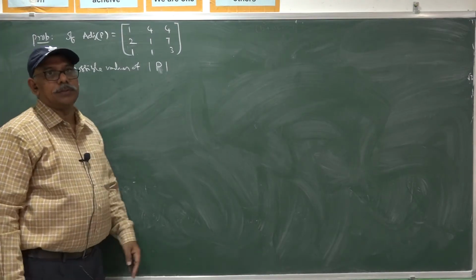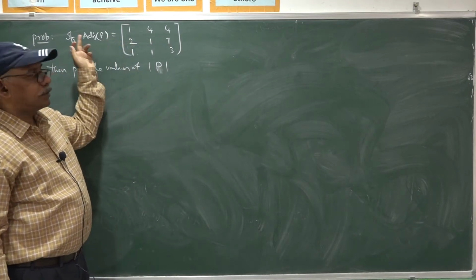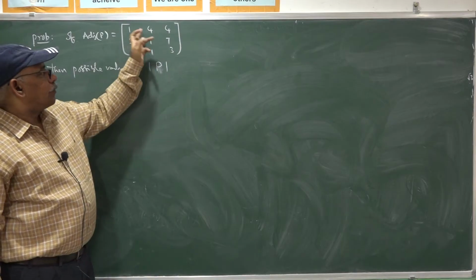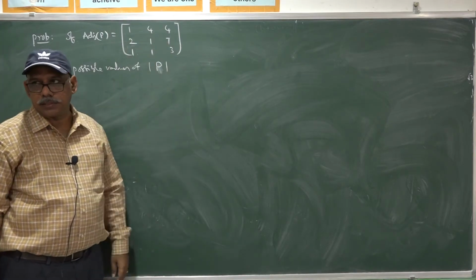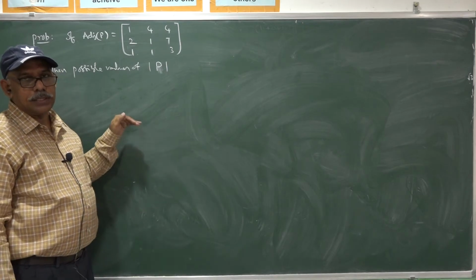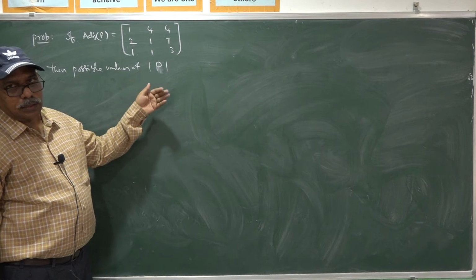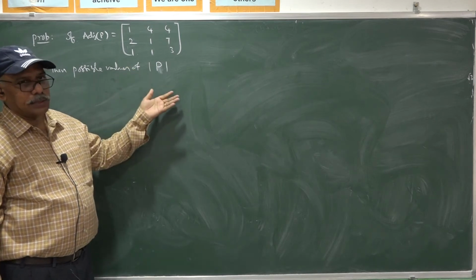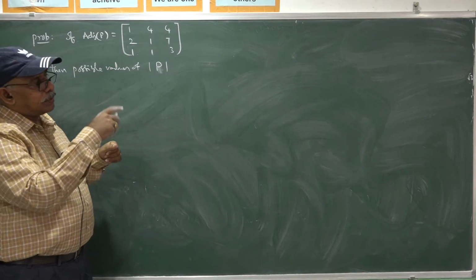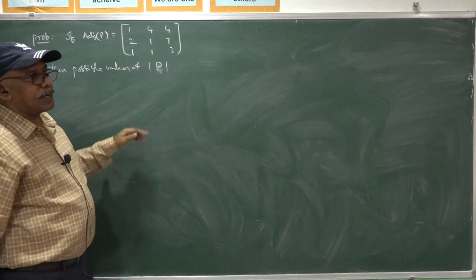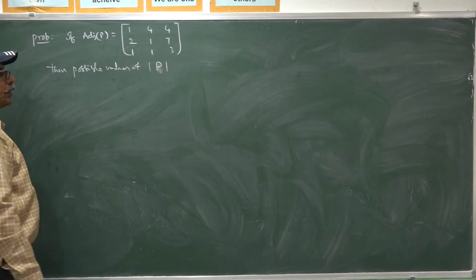Once the adjoint of a certain matrix P is 3 by 3 ordered, of course P is also 3 by 3. Adjoint of a matrix means once you replace each and every element of the given matrix with their cofactors, the obtained matrix is called the cofactor matrix. The transpose of the cofactor matrix gives us the adjoint, that is the adjoint of P.